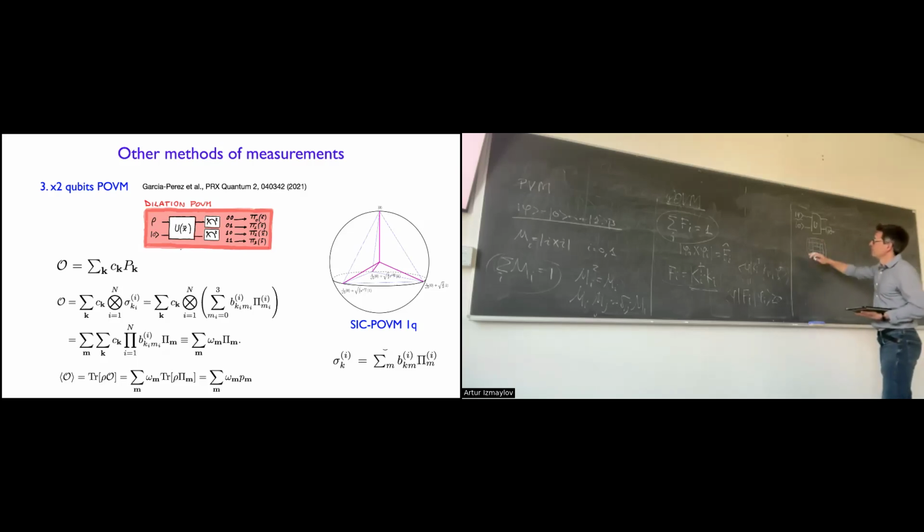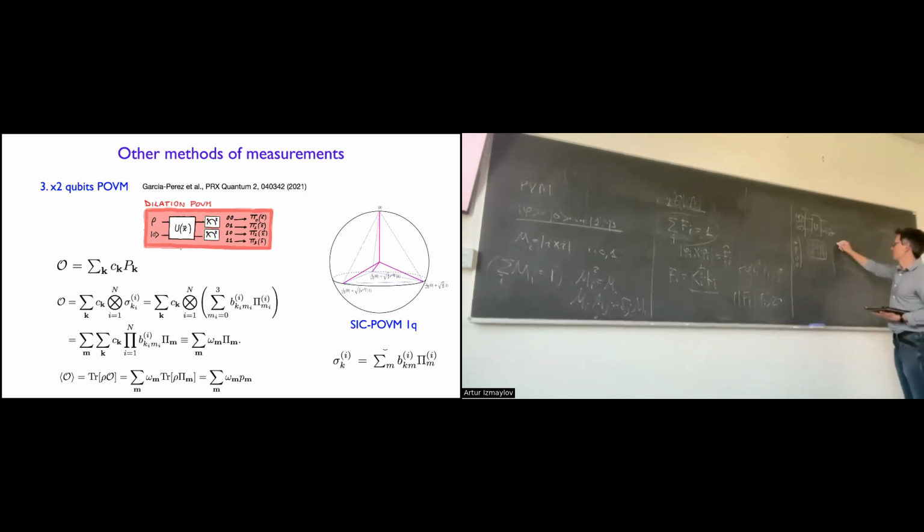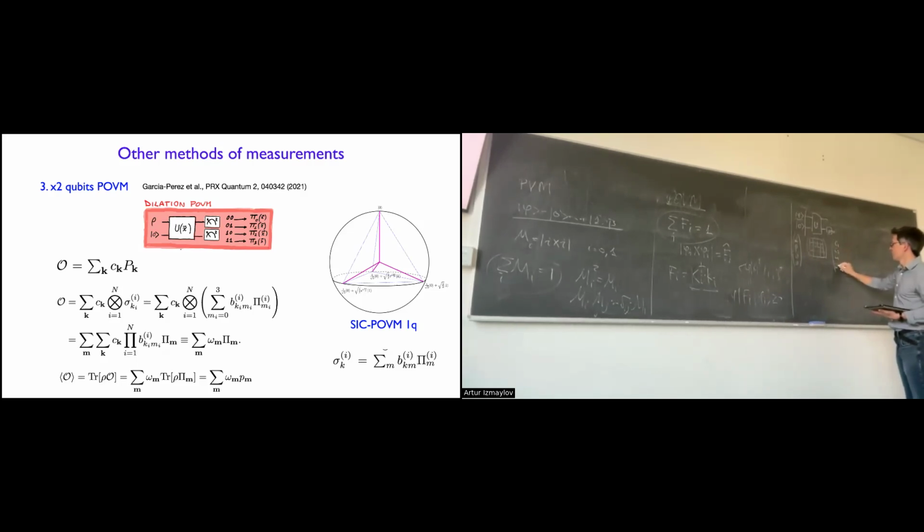Which could be anything. Now, if we start with this state that is alpha beta 0, 0, right? Then we apply the unitary and we get C1, C2, C3, C4, right? In the basis of, let's say, 0, 0, 0, 1, 1, 0, 1, 1. And then when the measurement happens on ancilla, there are two possibilities. We collapse to 0 or 1 state. And what this leads to is